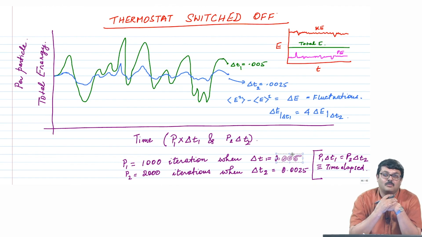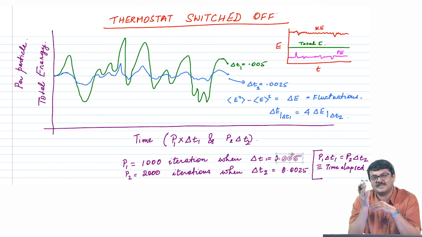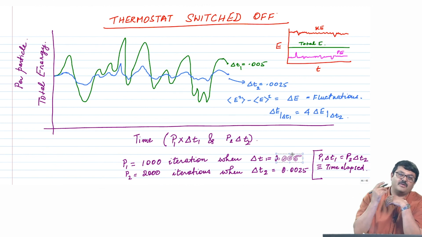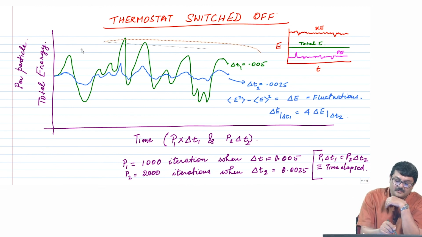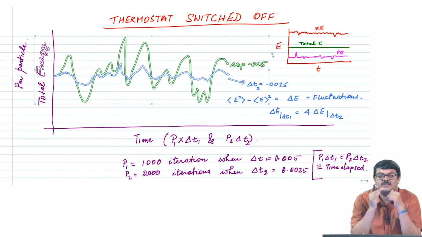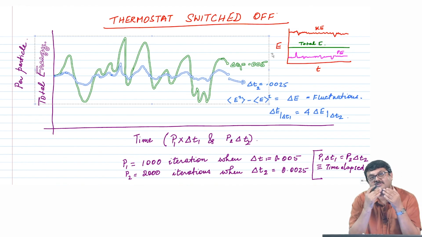More often than not there are bugs, there are always bugs, and one has to always devise tests such as conservation of energy, conservation of momentum, whether density is uniform or not, whether you are getting correct diffusive behavior or not, or even better tests like the one we discussed, to ensure that you are getting the right code. Moreover, even while you are calculating statistical quantities, whether you have got a good average or not, all these have to be tested